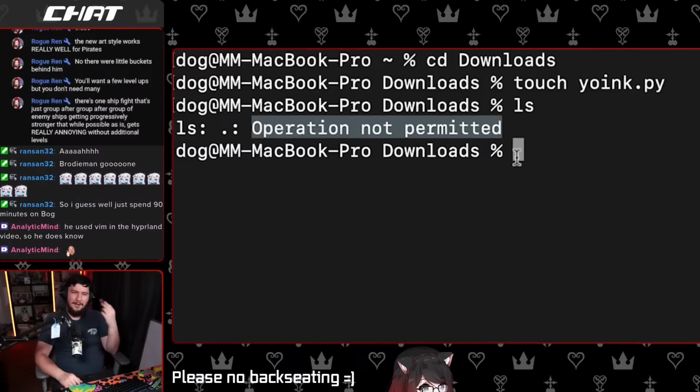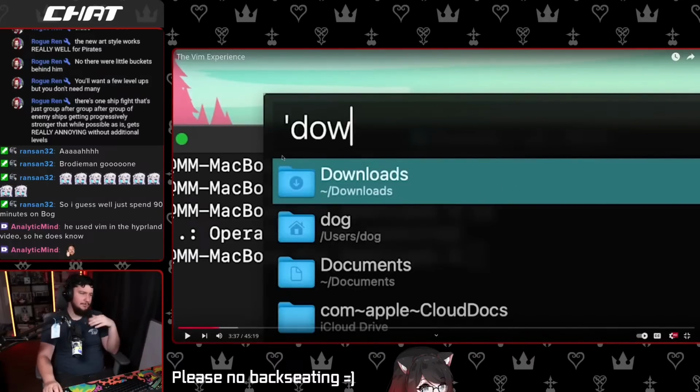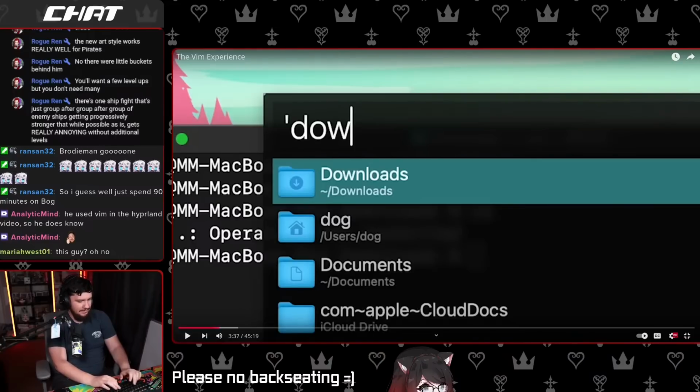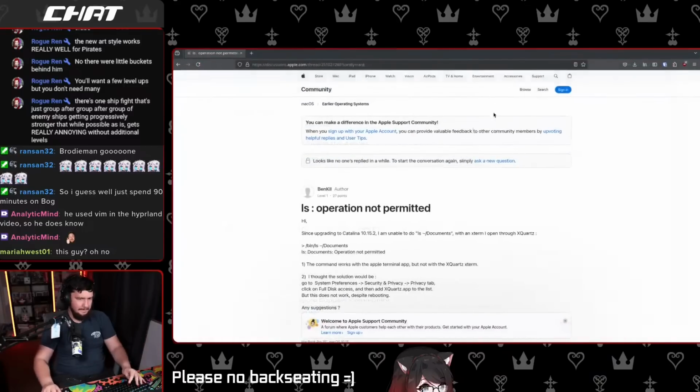Operation not permitted. Great. So what if I go into my... Why can't you ls your downloads? Mac can't ls downloads. Okay, let's see.